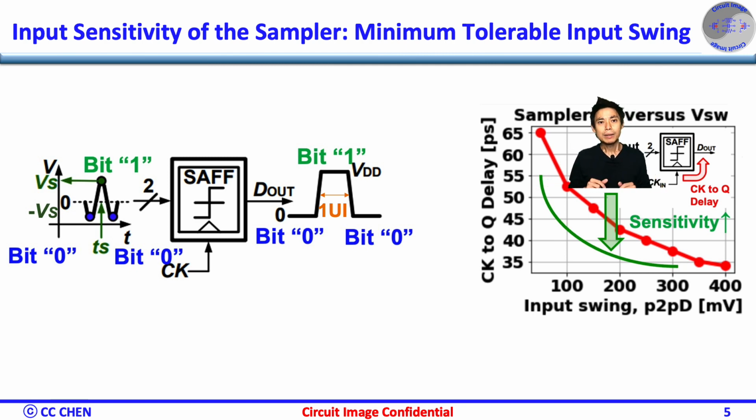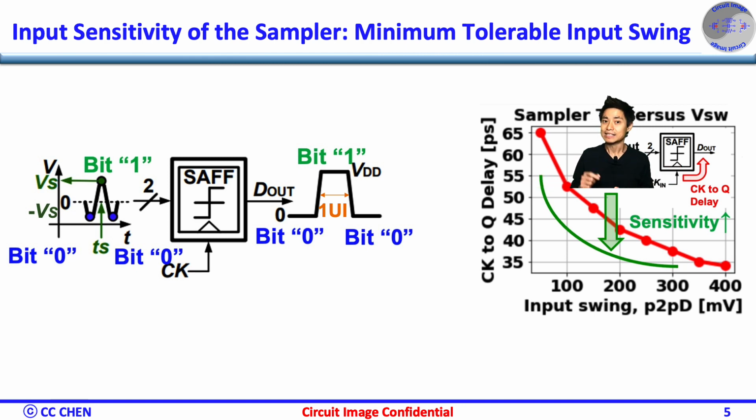Equivalently, the minimal tolerable input swing is 25, 50, and 100 millivolts for the bit periods of 200, 100, and 50 picoseconds respectively. Please be advised, all the numbers here are not necessarily proportional or linear, and that's just a simple image